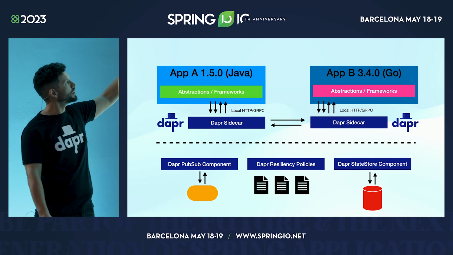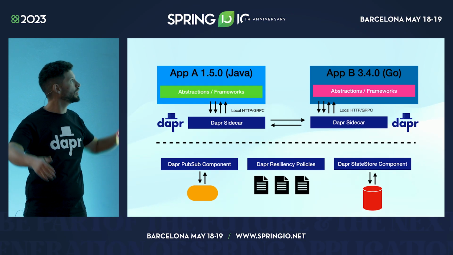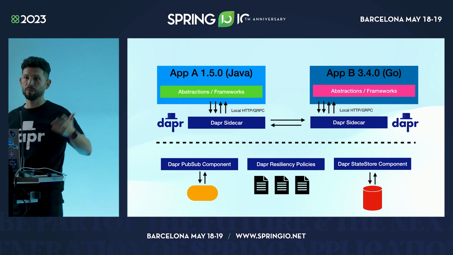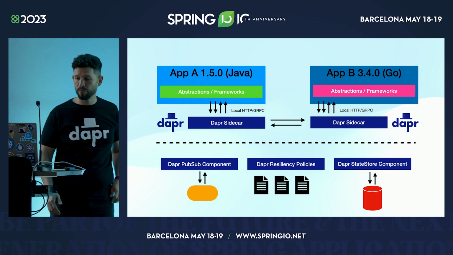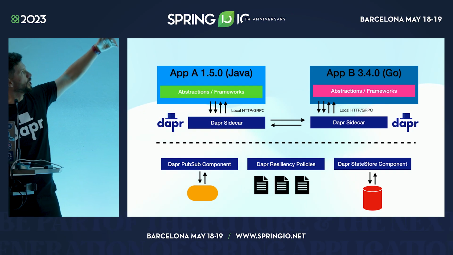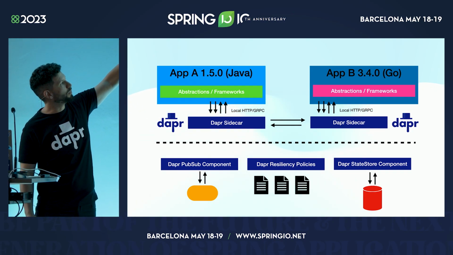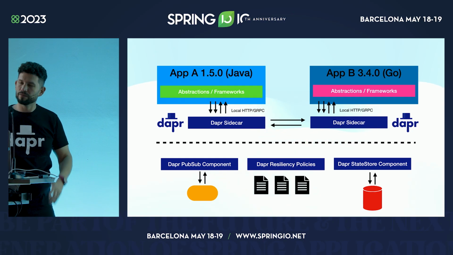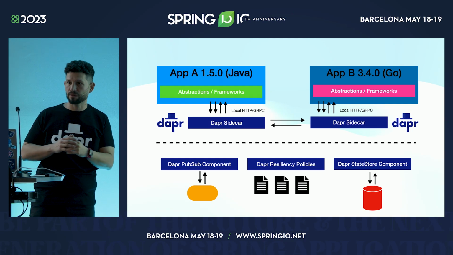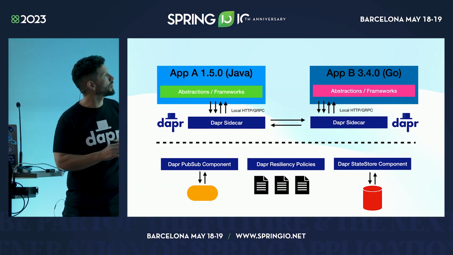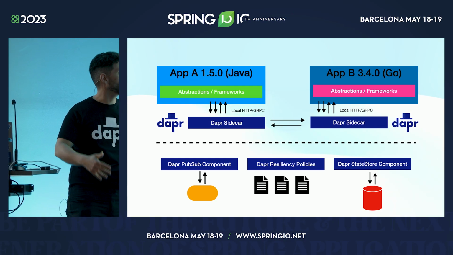So your application is not going to do a network call. It's going to call a service that is running in the same context, right? For the Kubernetes people, that's a container running in the same pod. So it actually shares the same network namespace. So when you have your application making HTTP and gRPC calls to the sidecar, there is no major security risk, right? You're not calling a remote service. You're calling something that is running very, very close to your application. There is no latency as well.